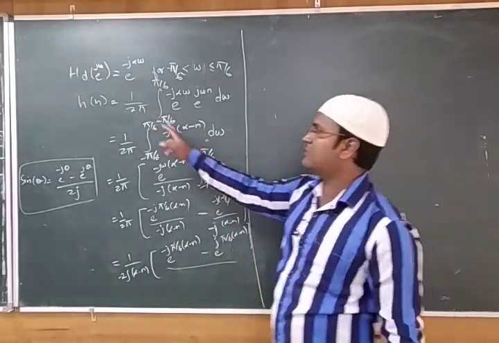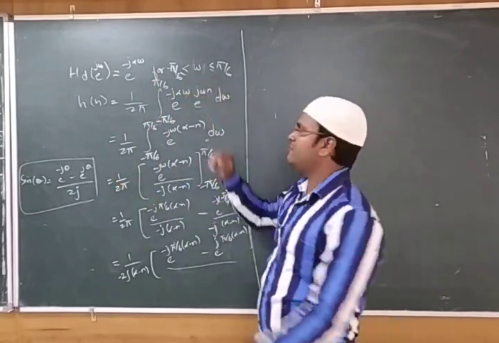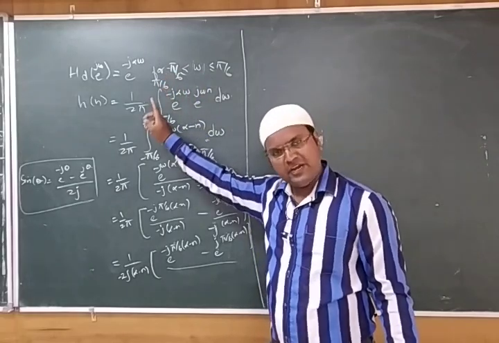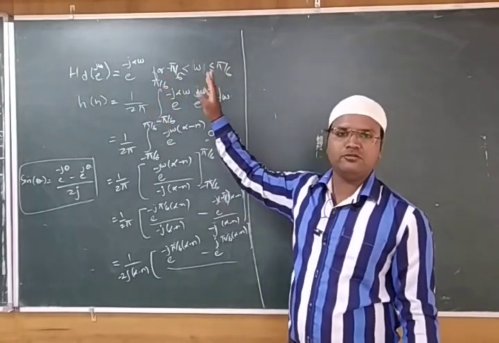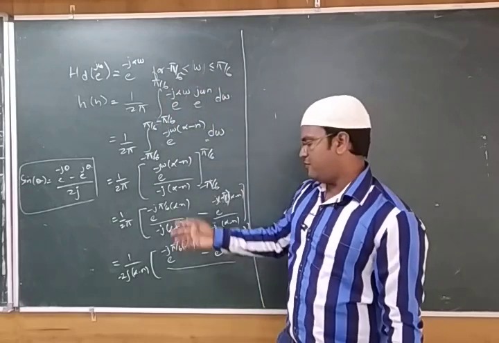Because in the previous condition I have taken 0 to pi by 6. This is for one sided. Since they gave mod, in the sense it is there for negative value, for positive value, for both the values. This is called two sided. So we want to get the two sided value, so we are doing that for two sided. So we got this condition.